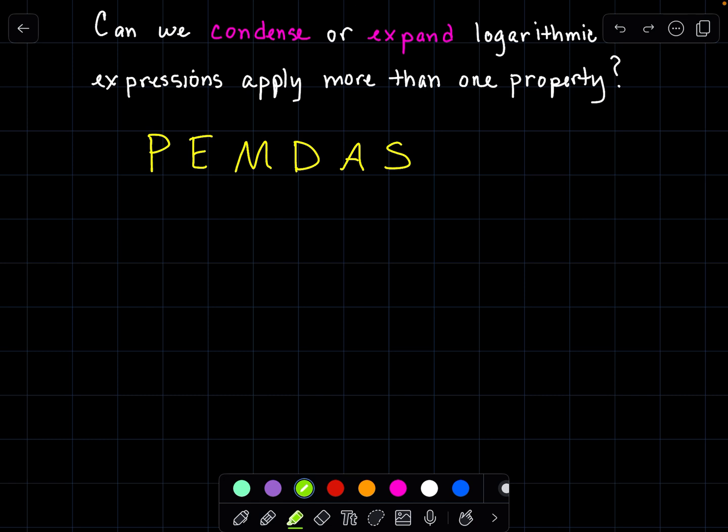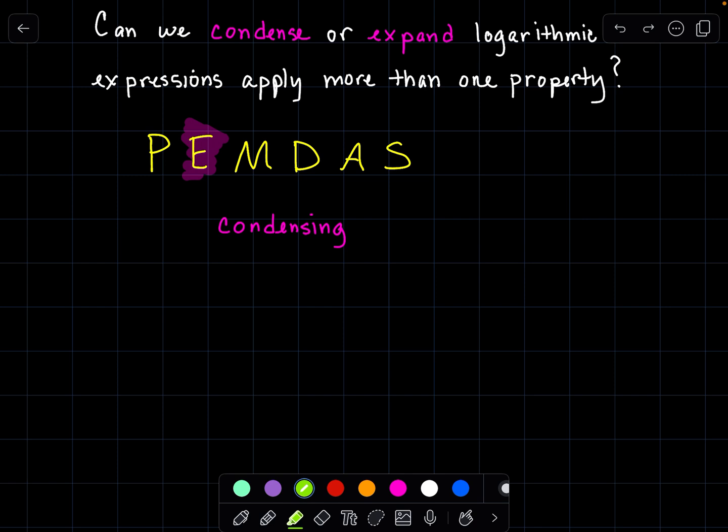If you want to be successful at these problems, you need to go all the way back to when we first learned our order of operations with PEMDAS. More importantly, with condensing these problems. We learned that in the order of operations you must always start inside the parentheses, and go right down the line with the rest of the order of operations using exponents, multiplication or division from left to right, and addition or subtraction from left to right. But for condensing,